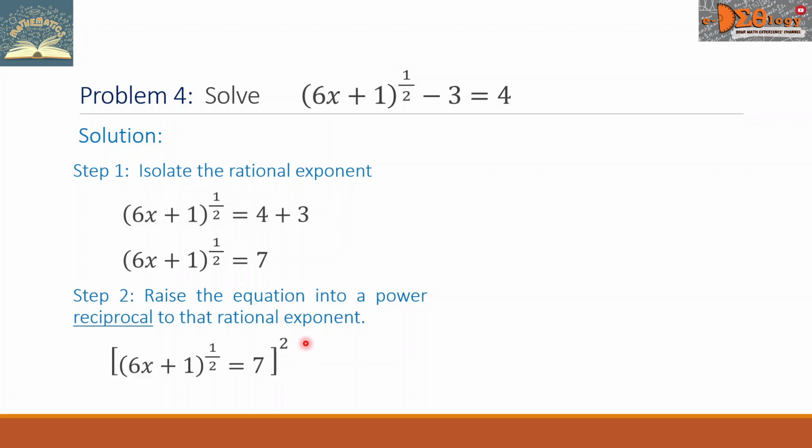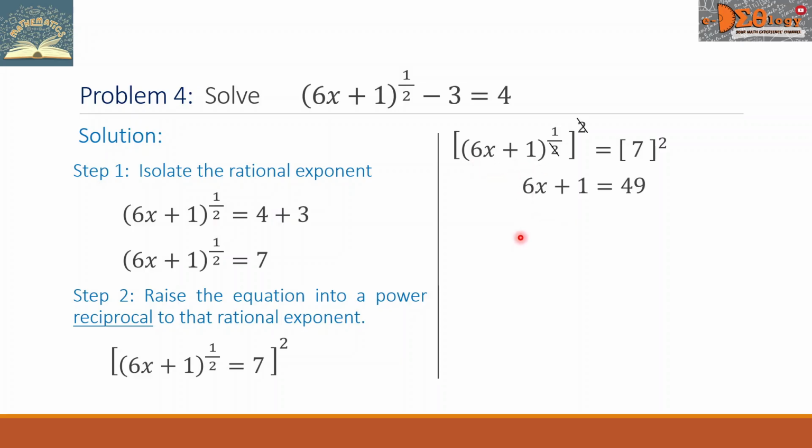This power 2 will come to the left side and to the right side, just like this. Let us now simplify the left side. The 1/2 power we multiply by the power 2, or simply we cancel this 2 by the denominator 2. That means this 6x plus 1 simply comes down, equals,